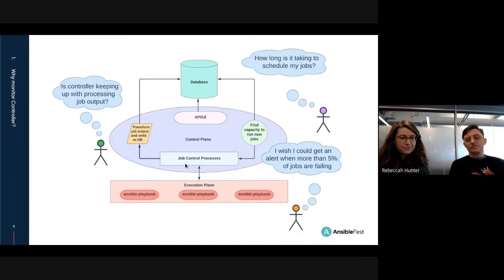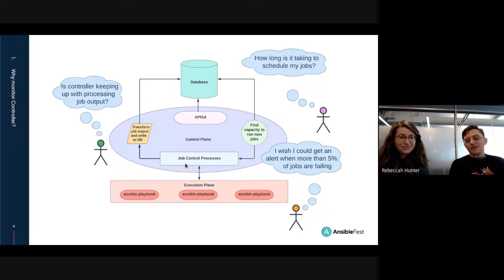Now, when those jobs are running, there are possible errors that their infrastructure can cause. Like, for example, let's say all of a sudden the disk on one of your machines, the execution nodes, is corrupted and just any job that gets launched there fails. Or your Git server is not working and all your project updates are failing. And you want to be notified before your users come after you about it, right? So you would potentially want to act on an alert that tells you, hey, more than a certain amount of your jobs are failing in the past time period.